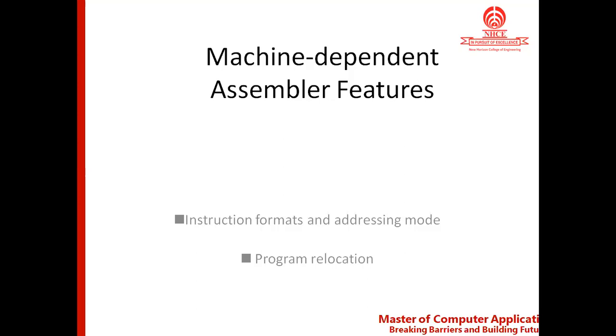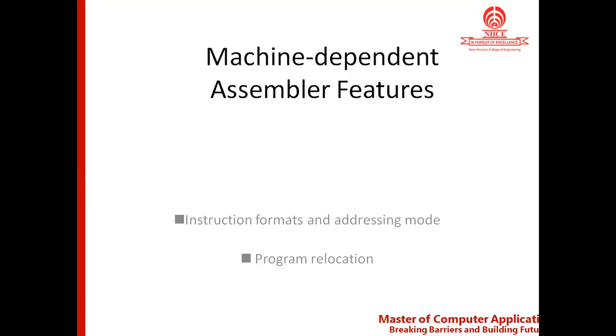While creating the text record, there might be multiple text records because a single text record cannot hold all the object code, as the text record contains the object code. So in pass 2, the assembler creates the object code as well as generating the object program, because the object program contains the object code. This is what we have discussed in the previous session, and we'll move on to the next topic, that is machine dependent assembler features.